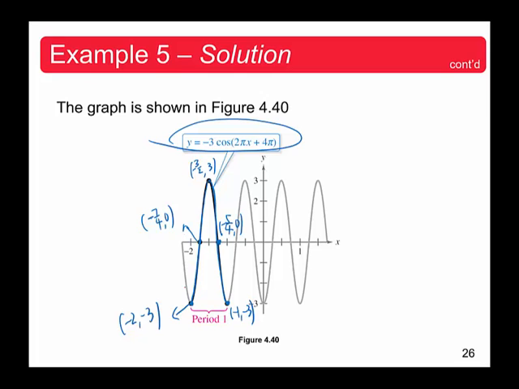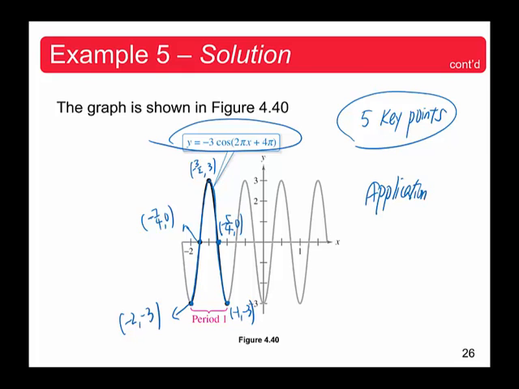Definitely no problem, but typically 5 key points are needed to sketch any translations of sine and cosine functions. And I skip the applications, so you're not responsible for those applications. Skip that applications section, but if you